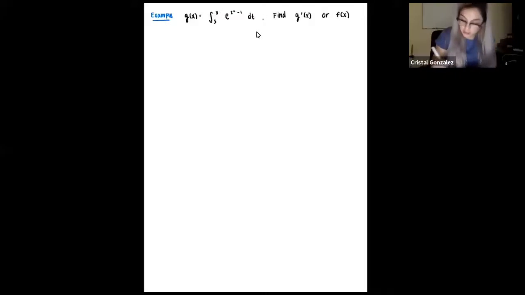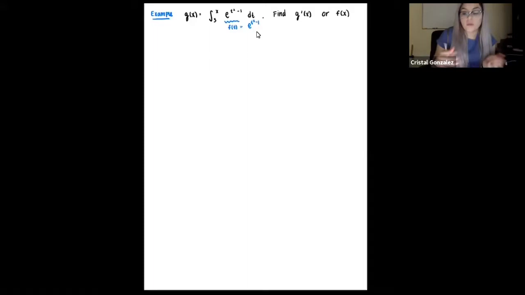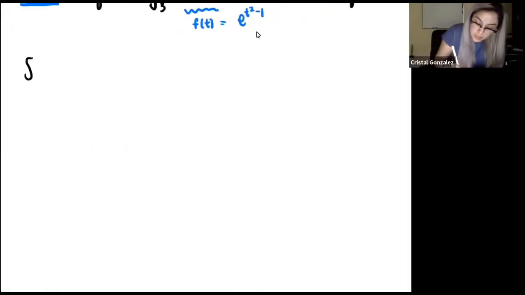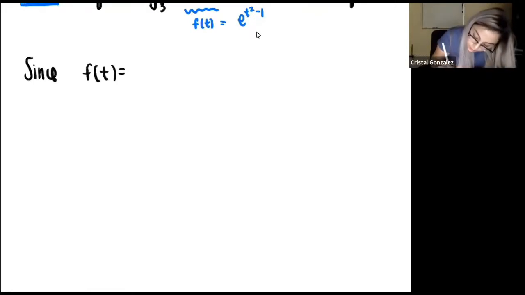This function here that we have is our function f of t. So f of t equals e to the t squared minus 1. Okay, so we were able to see before that when we have an integral from a constant a to a variable x, we can apply the fundamental theorem of calculus and just find f of x. So since f of t, and I'll just rewrite this so that you see how you should write it,